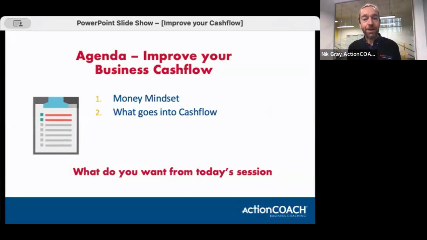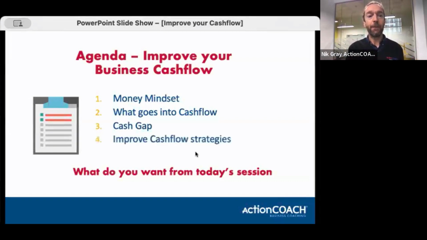So we need to understand what cash flow is and why it's important to the business. Also, a key for us to develop and have more cash is understanding our cash gap, what the cash gap is in the business, and what you can do to improve that. And then we're going to have a look at a whole bunch of different strategies on how you can improve cash coming in, reduce cash going out, and improve your cash flow